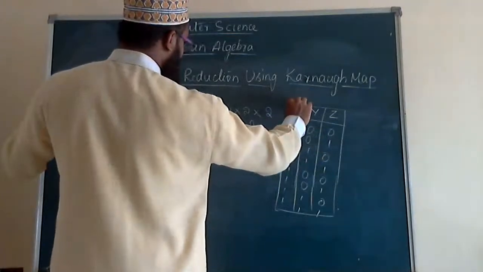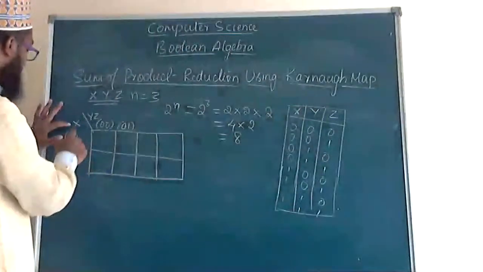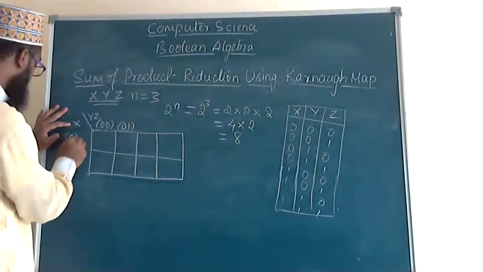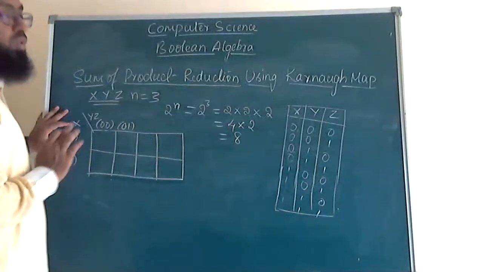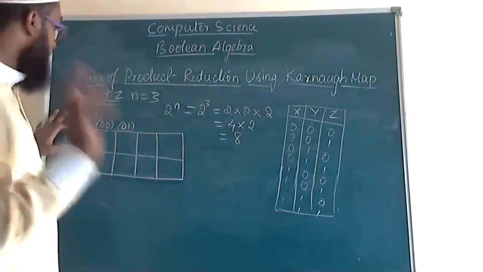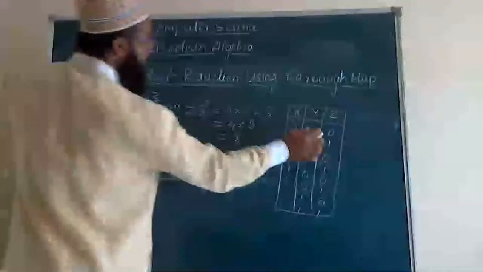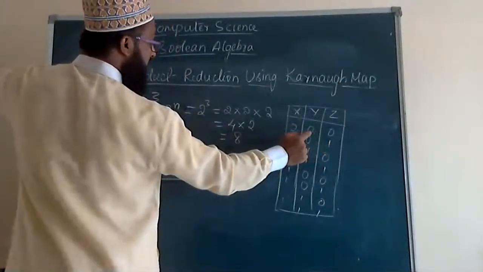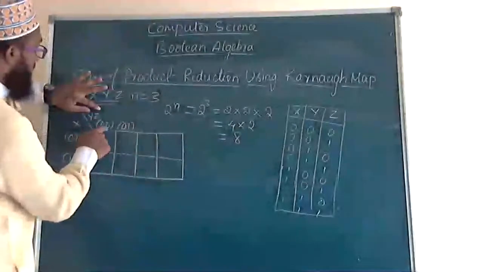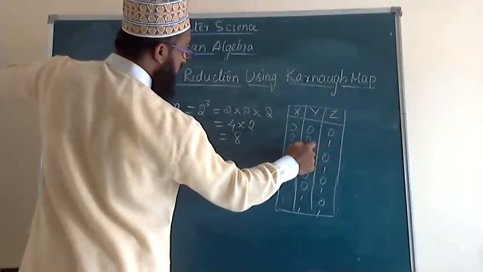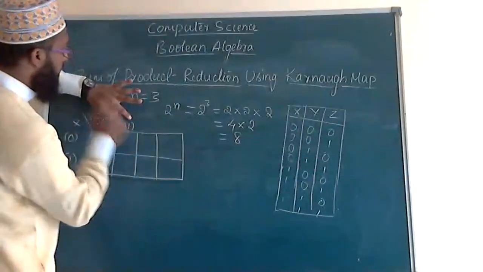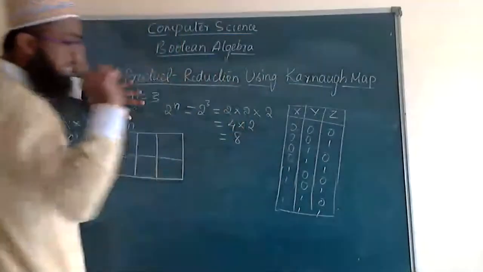We have completed x already because only one is there, but two boxes are there. So just take two things, 0 and 1. Here two are there, so we have to take these two combinations at first. 0 0, so put 0 0 first. Next is 0 1. Okay, put 0 1 first. After that, here you have to